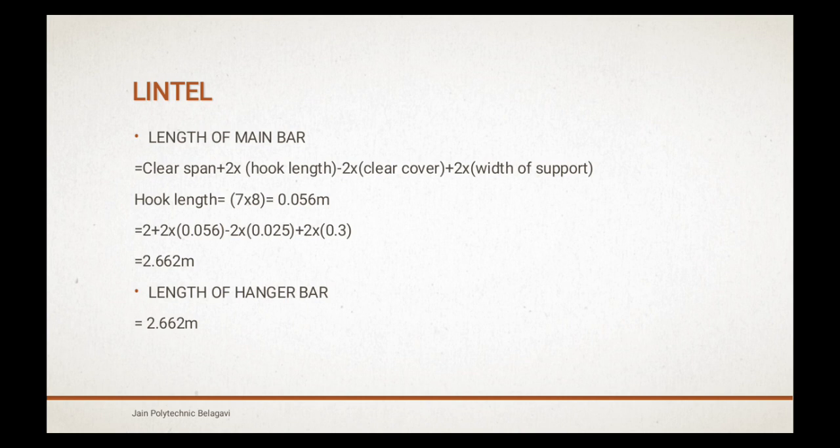Hook length is 7 times dia. Our main bar is 8 mm, so 7 into 8 gives 0.056 meter. So 2 plus 2 into hook length 0.056 minus 2 into clear cover